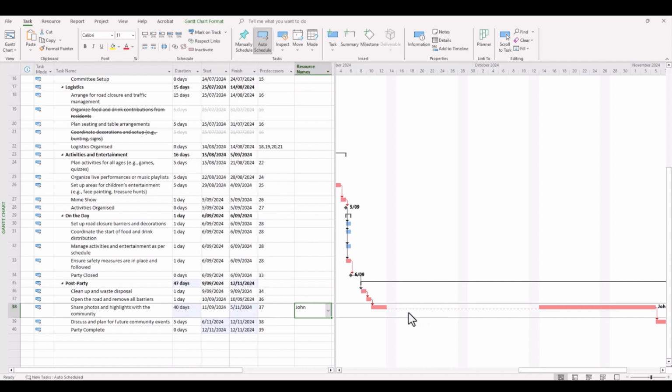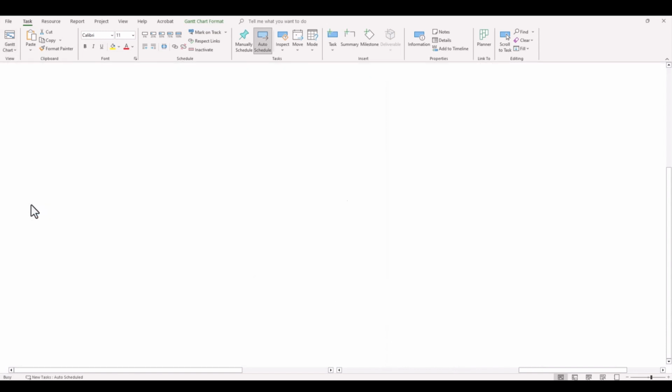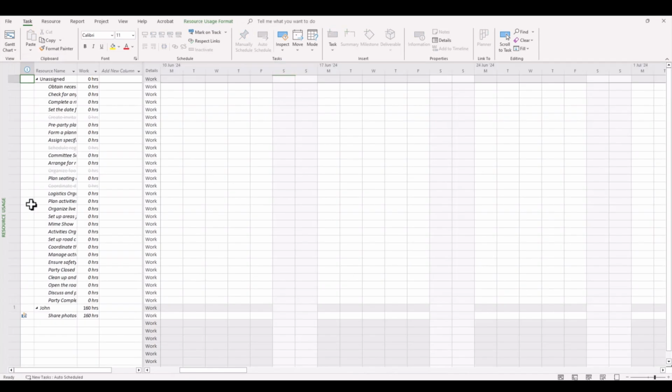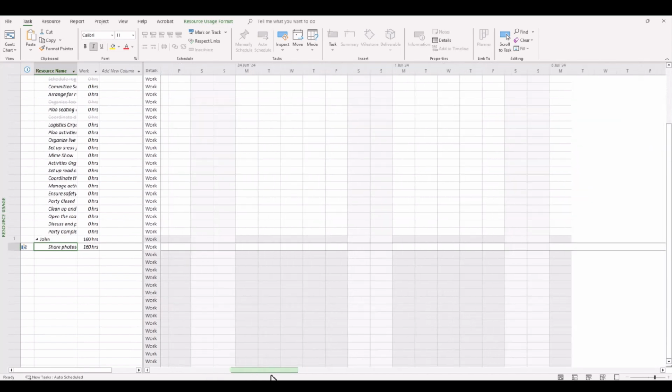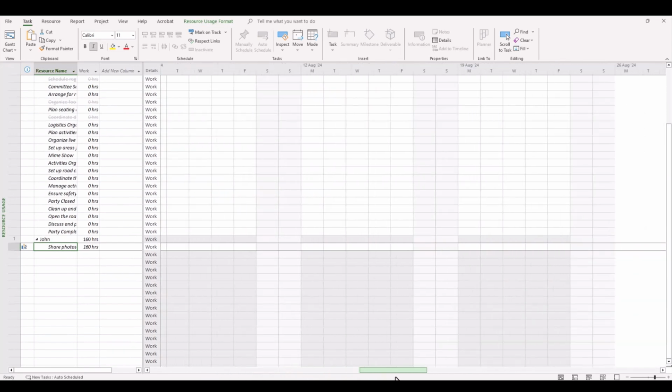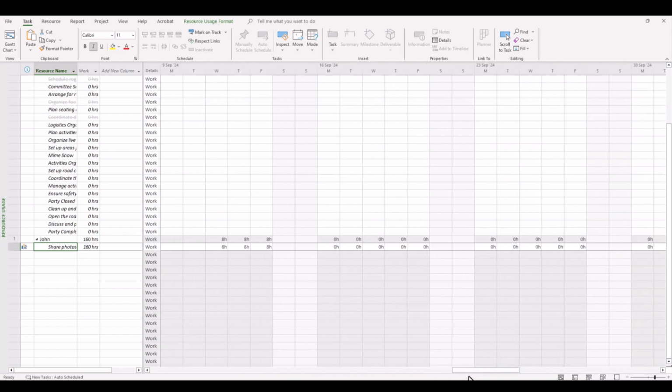Now, how can we check that to make sure that that's been correct? Well, we can go up to our different views and go to your resource usage. And let's just see what we've got here. So John, all right, we're going to scroll along to find where he was assigned that task. You'll notice here that